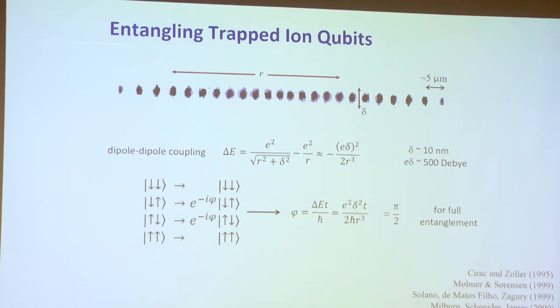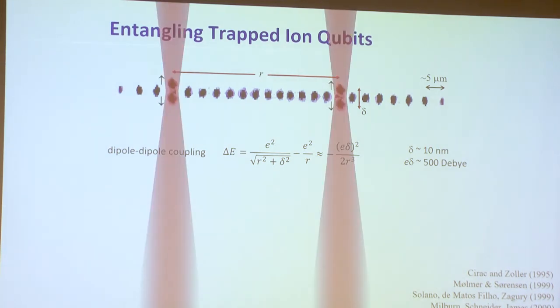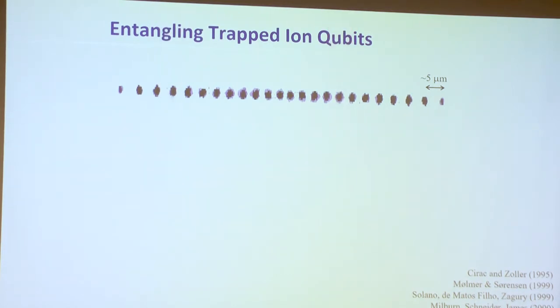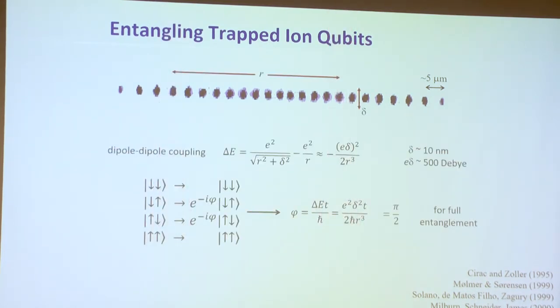Now, you're probably thinking, what about all the other ions? When you do this, they're all going to move around. That's true. That's the dirty laundry. You have to keep track of that or do it really fast. If you do this really fast in a time faster than any of the motional frequencies, then you're fine. Right? This is really fast and then back. And then it's just sort of frozen. Everything else is frozen. That's one regime. In practice, we don't do it really fast. We actually do deal with all the modes. And this is what makes it harder to make the system bigger. If you did this with a million ions, it would be a mess. You have to deal with all that motion.